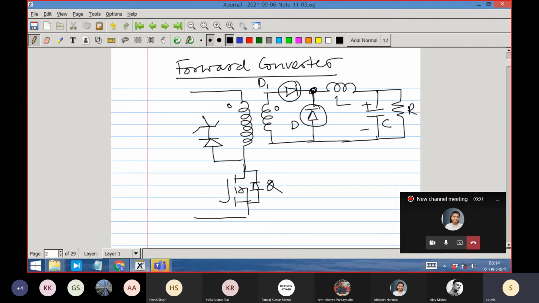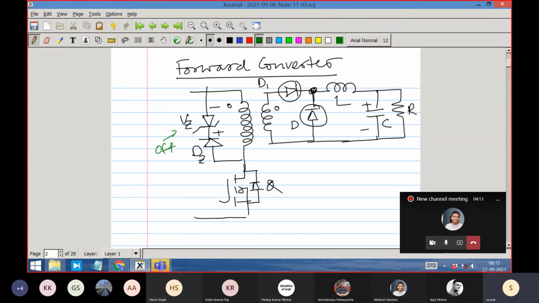Zener is a component which breaks down, and when the current goes through it, it breaks down, and when it breaks down, this terminal will be positive and this terminal will be negative, and this voltage can be identified as or designated as VZ, Vzener. You must see that along with the Zener, we have put a diode DZ also. This is also required because this Zener is supposed to conduct not all the time, but only during the off period. This Zener's thing will be coming in the off period of the main switch Q.